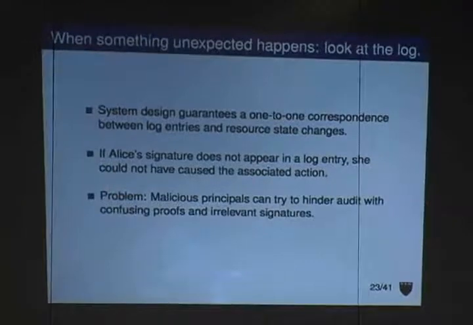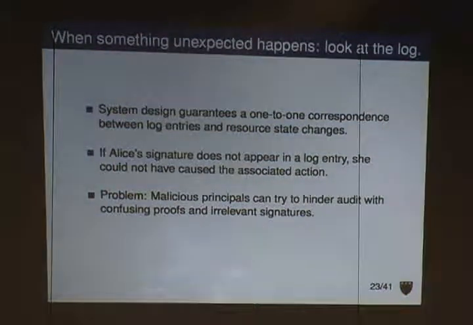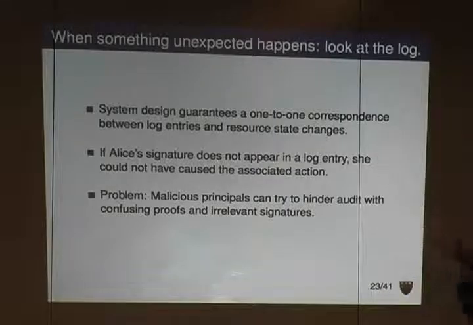Right, and so when something goes wrong, are you happy? Is that okay? Good. So going back to this idea of audit, when something goes wrong in Aura, the natural response should be to go look at the logs and try to figure out what happened. The system design guarantees, in a way I won't get into today, that there's essentially a one-to-one correspondence between interesting changes to the outside state of the world and log entries. So you can always know which log entry corresponds to which thing happened to your resource. And as we saw in the beginning, if a principal's signature doesn't appear in the log entry associated with some action, we have a pretty good way of exonerating them from blame for having caused that state change.